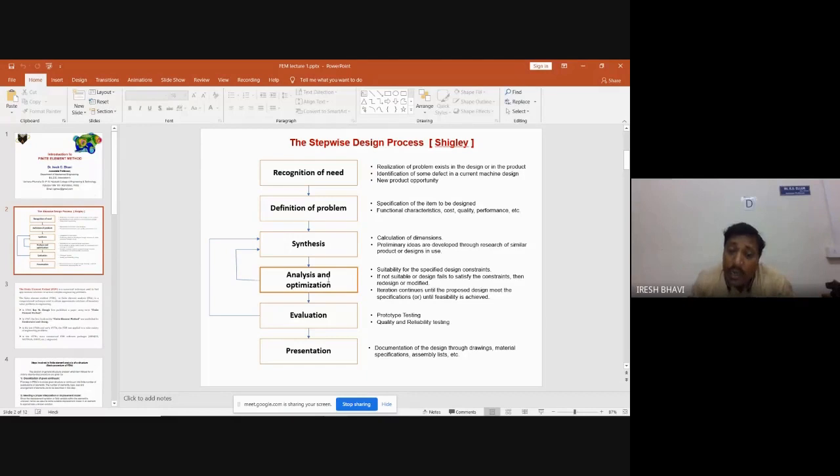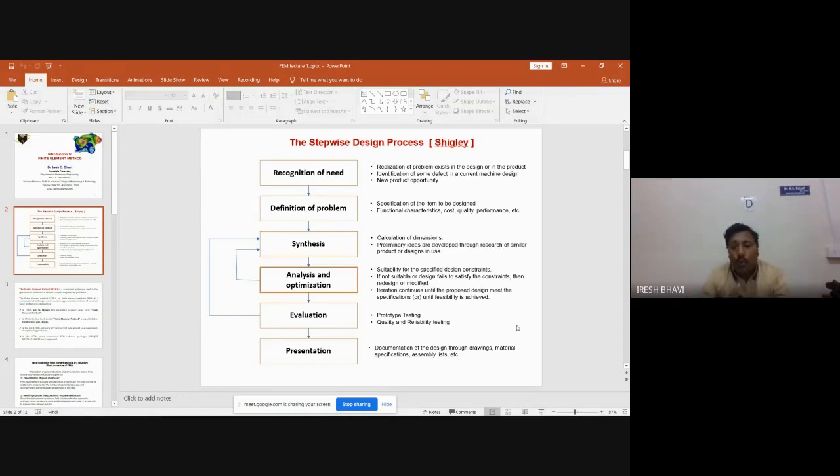Once it is 100% okay in computer simulation by using finite element analysis, they will send it for evaluation purpose. In the evaluation, it is experimental testing, that is prototype testing, what we call. Prototype means what? Prototype is the initial model prepared after designing. The first model which is prepared for testing is called a prototype. The prototype may be a scaled model also. For example, it may be scaled to a smaller size, or a larger size, or it may be the actual size of the component also.